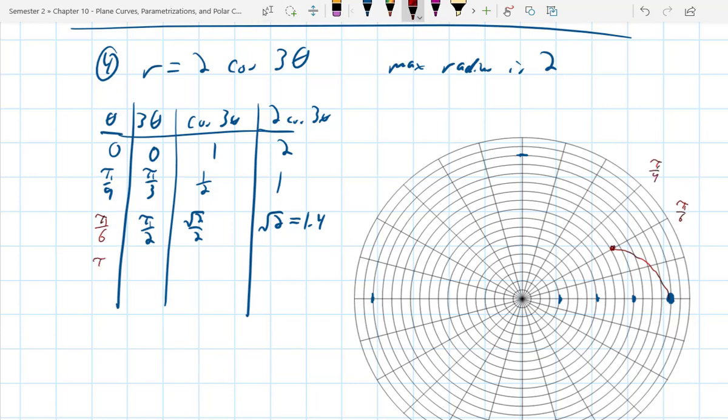This is pi over 4. When I get pi over 4 here, 3 pi over 4 is my 3 theta. Cosine of 3 pi over 4 is negative root 2 over 2, which would be negative root 2, or negative 1.4. So when I'm right here at pi over 4, I'm already at negative 1.4, which, let's follow this around, put a point here, put one here, and put one there. So negative would be